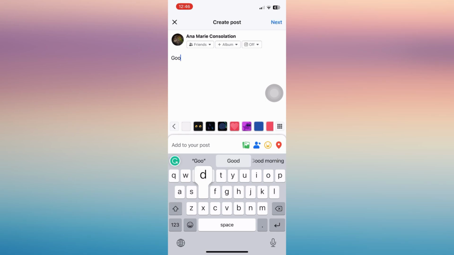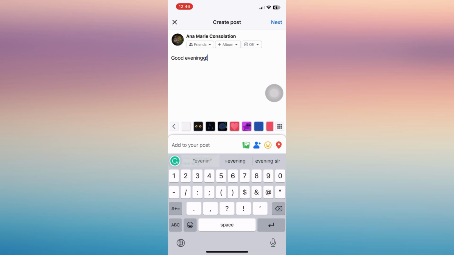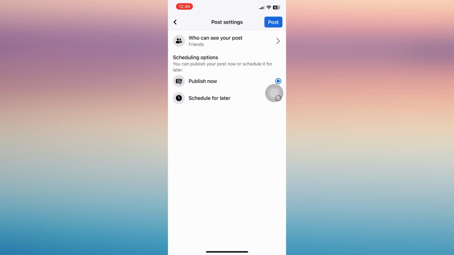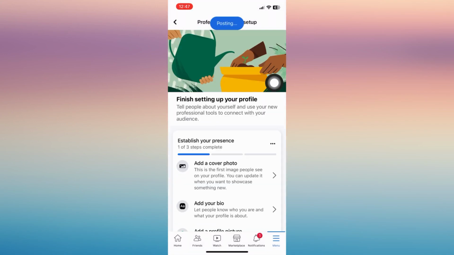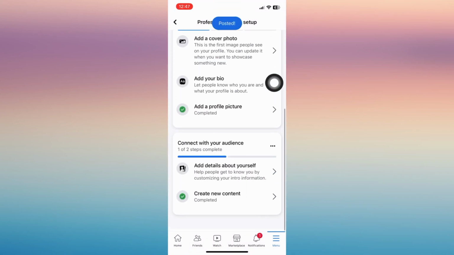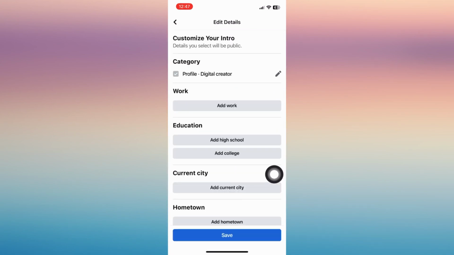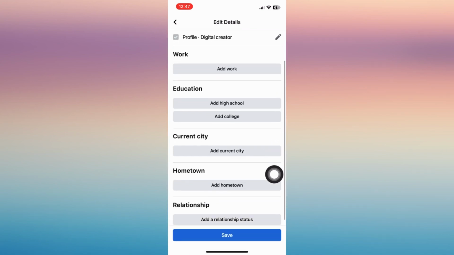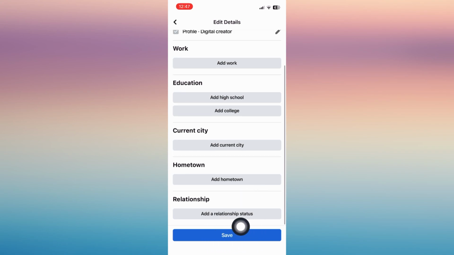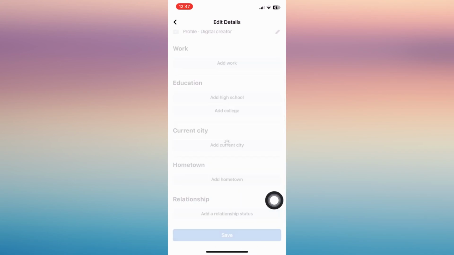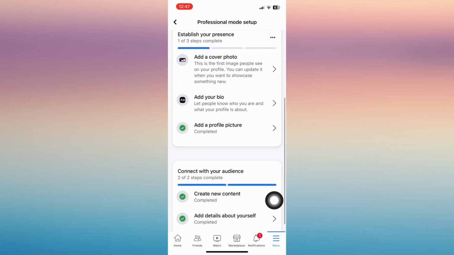So just type anything that you'd like to share to your audience and then click next on it, and then you may publish now and post it. Now the next step is for you to add details about yourself. Just edit this and fill in the specific information and save the details that you have written, and that will